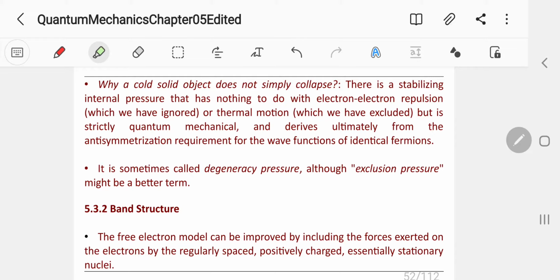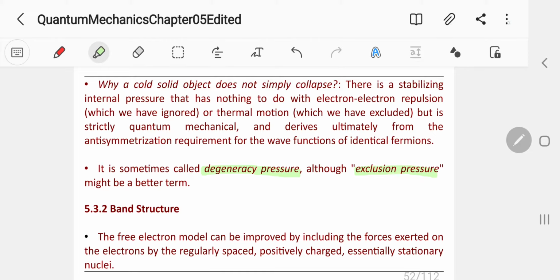That pressure earlier that we have calculated explains why a cold solid does not collapse. And by the way, this is sometimes called degeneracy pressure. Also sometimes it's called exclusion pressure. This pressure stabilizes the solid. And by the way, this pressure is not caused by electron repulsion, but it is caused by the